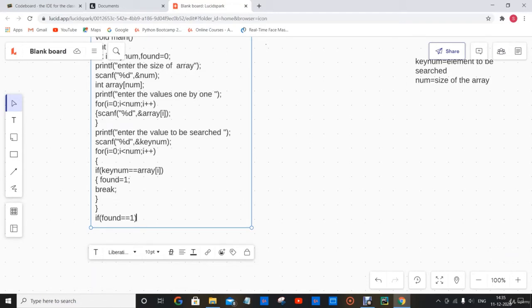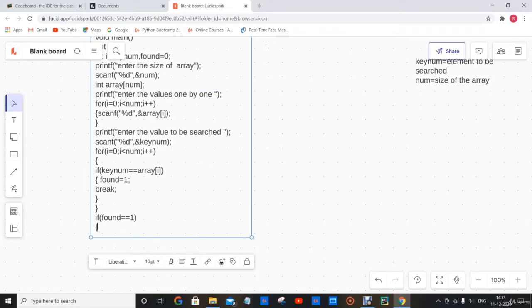So at that time found was 1. So if found equals 1, it means you got the value you were searching for, then what will you do? You will simply print that the value is found. So I am going to print here that element is present in the array